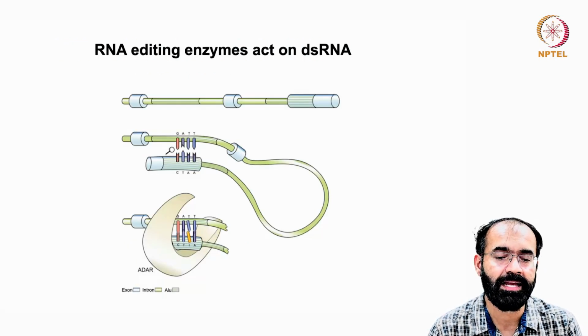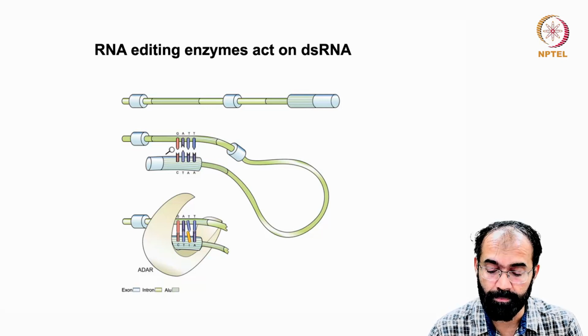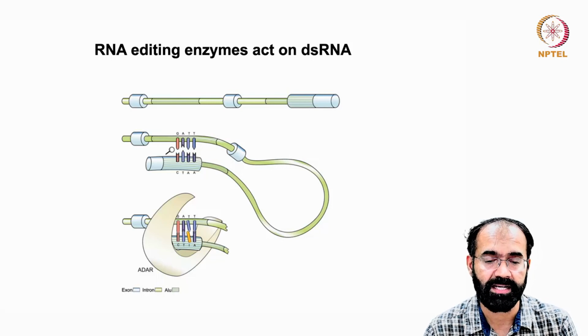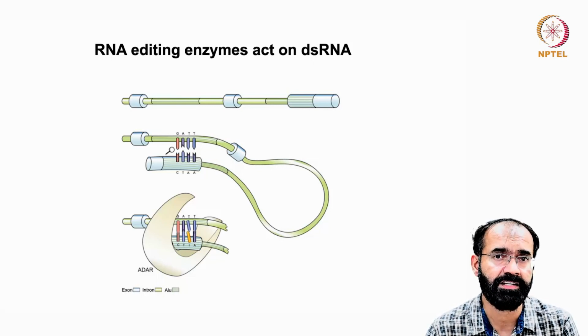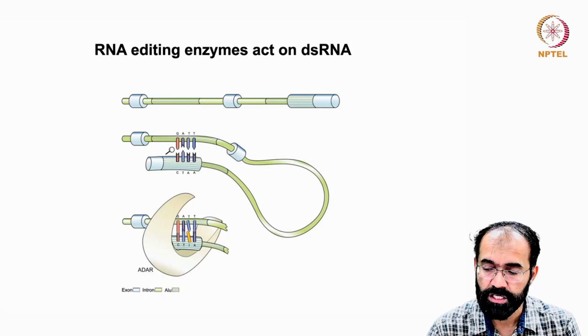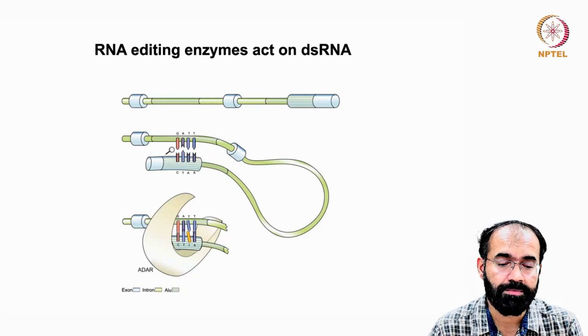So RNA editing enzymes can act on double-stranded RNA. Double-stranded RNA basically means secondary structure. Don't think that it is extensively double-stranded like DNA, the double helix. It doesn't happen like that. So RNA editing enzymes always look for a specific double-stranded RNA part, as you